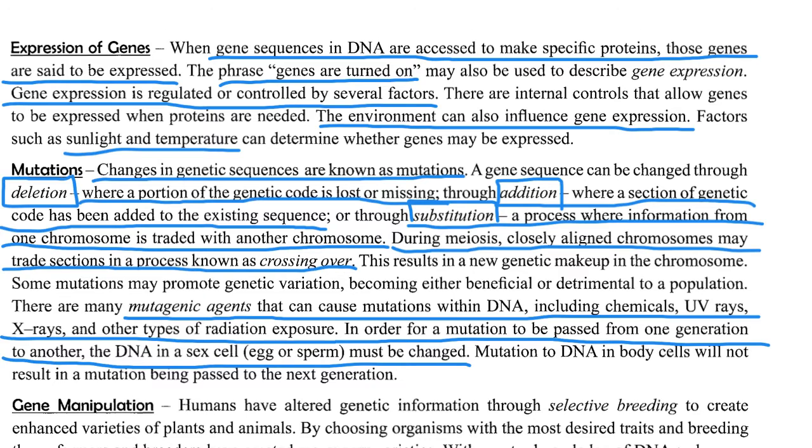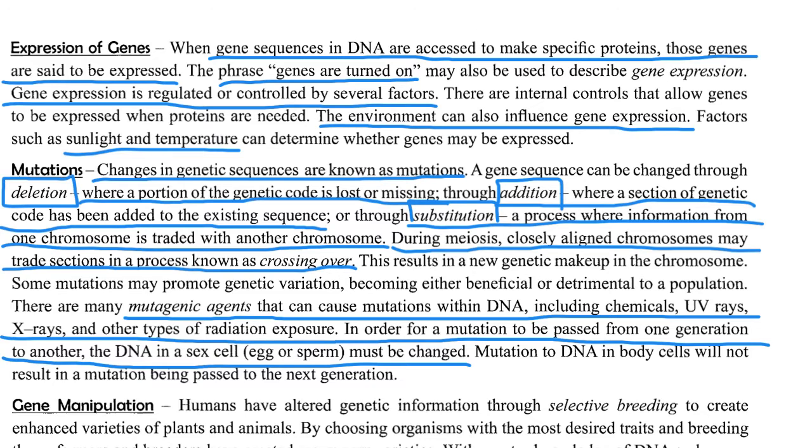During meiosis, closely aligned chromosomes may trade sections in a process known as crossing over. This results in a new genetic makeup in the chromosome. Some mutations may promote genetic variation, becoming either beneficial or detrimental to a population. There are many mutagenic agents that can cause mutations within DNA, including chemicals, UV rays, X-rays, and other types of